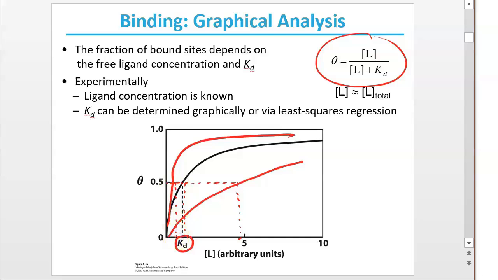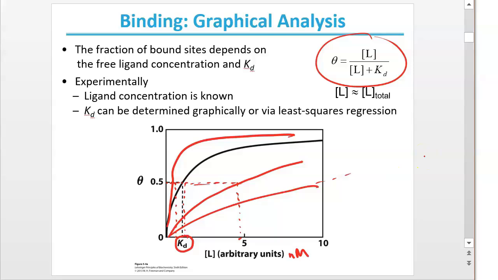So the smaller the dissociation constant is, the more tightly that ligand is being bound to that protein or that active site. Another way of thinking of it is you need less of the ligand to half saturate the binding sites. In this lower case, I need only, let's say, 1 whatever unit that is. Maybe that unit is nanomolar. But on the weaker binding, I might need 5 nanomolar, or it could get super weak, and then you might need as much as 10 nanomolar, and it would go on and eventually get closer to 1, but not in the range of this graph.